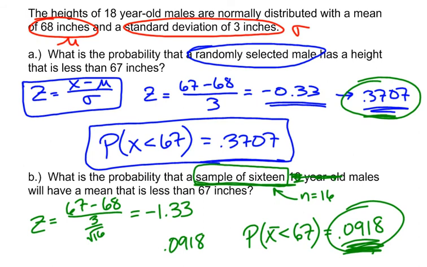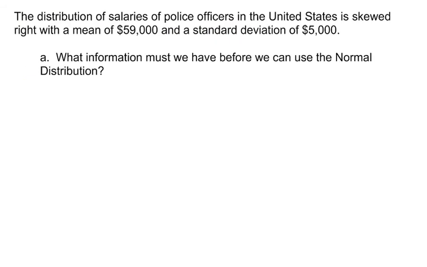Okay, let's look at example 2. Distribution of salaries of police officers in the United States is skewed right with a mean of 59,000 and a standard deviation of 5,000. Now, reviewing some terms that we've talked about before, skewed right